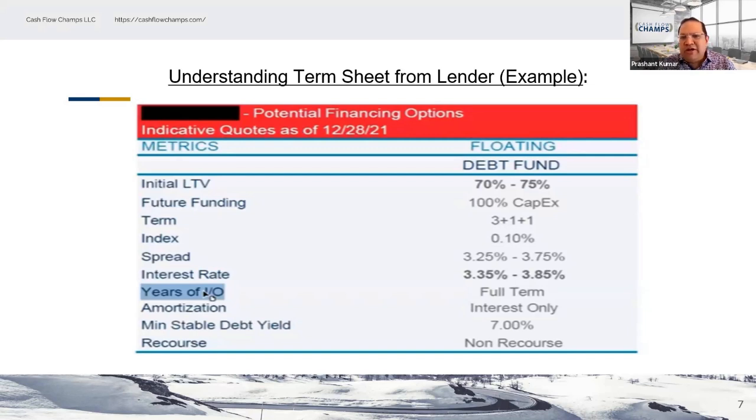And the recourse part is basically, as it says, that some lenders are recourse. Most of the bridge lenders are recourse, okay? And some of them could be non-recourse also. The difference between recourse and non-recourse is that the non-recourse lender can take the property from you, but they probably will not come after your personal assets.